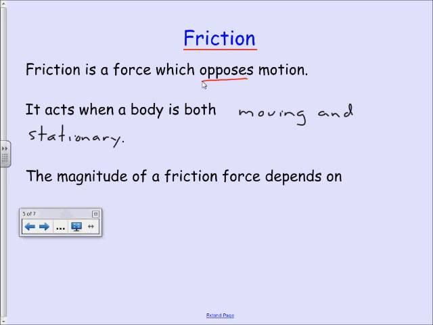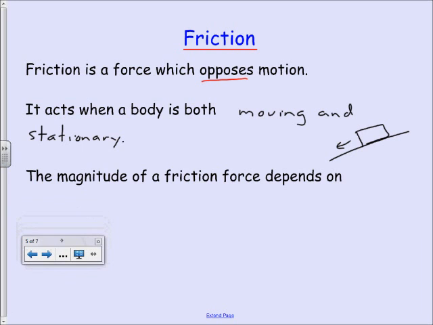Think about a mass sitting on a slope, and it is friction that holds it there. The body is not moving, it's the force of friction that is holding it there, stopping the body from sliding down the slope. All right, and the magnitude of the force of friction depends upon